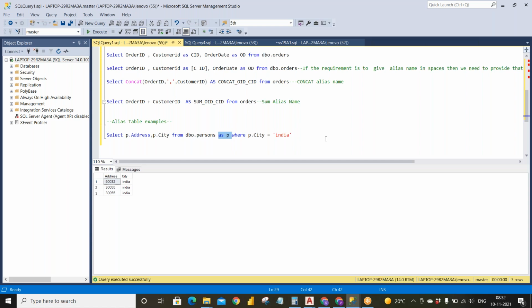We can discuss alias of joins in the next classes. And another one, we have already discussed, like the min function, maximum function, sum, count. In these also, it's very useful to use aliases.